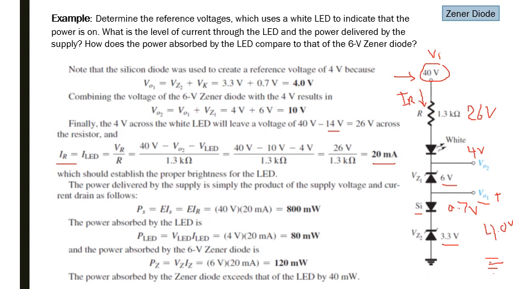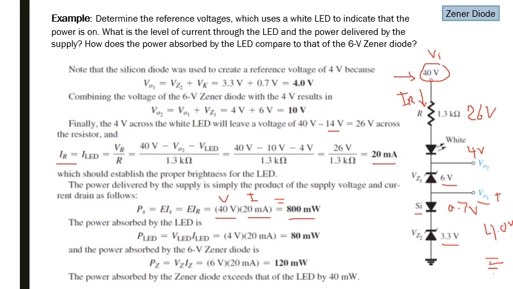Now if you want to calculate the total power delivered by the supply, we can calculate this by simply P is equal to Vi times I, that is we have 40 volt Vs or Vi and 20 milliampere current is getting drawn from this supply. So the power delivered by this supply voltage source is 800 milliwatt, 40 volt into 20 milliampere,